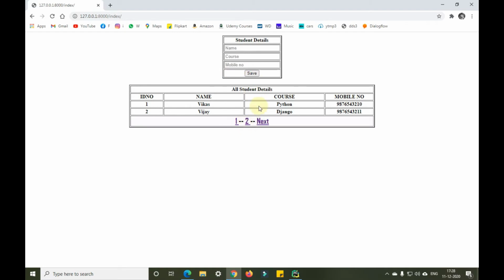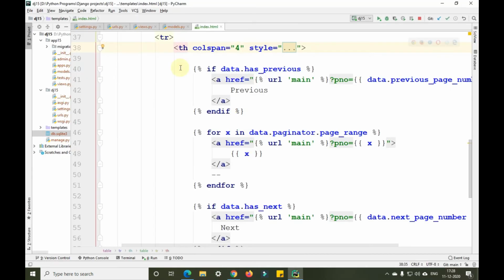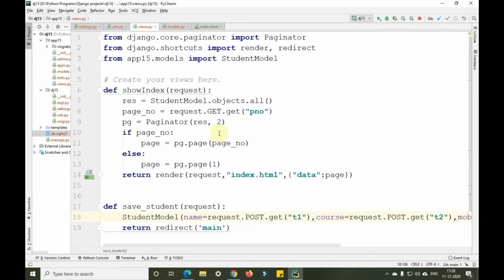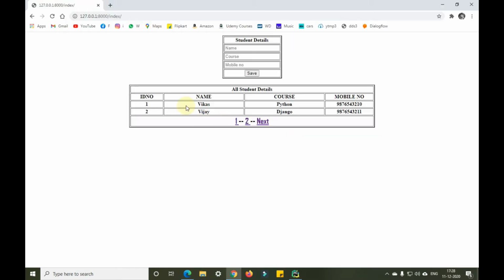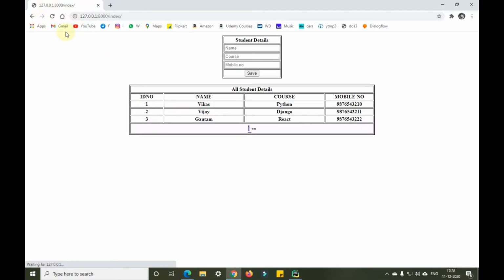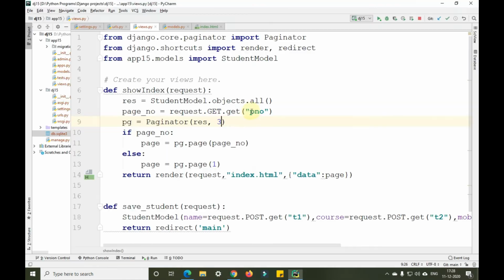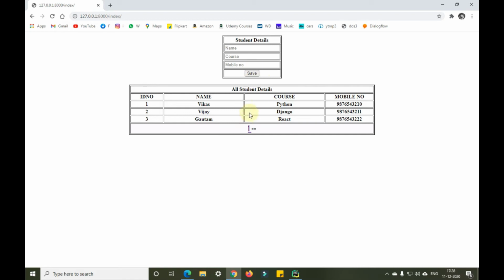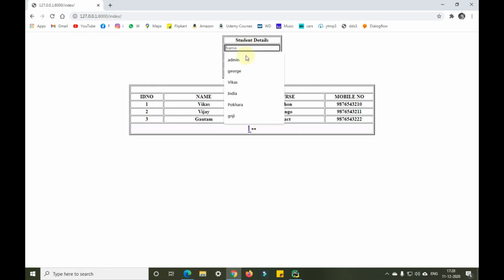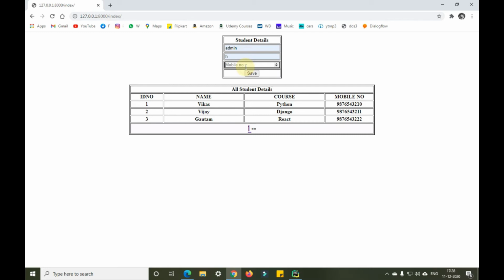So you can see we got this second page only when I entered the third user. Per page we are showing 2 results here. If I change this to 3 and then refresh it here, you'll be able to see 3 results. If I change it to 7 and show the results here, it will show 7 results. So let me enter some default values here.